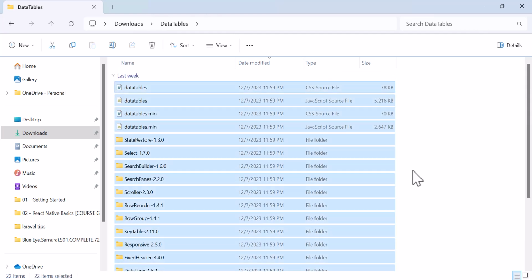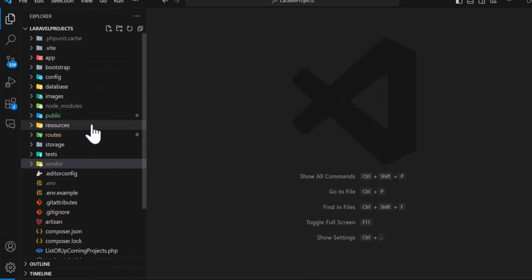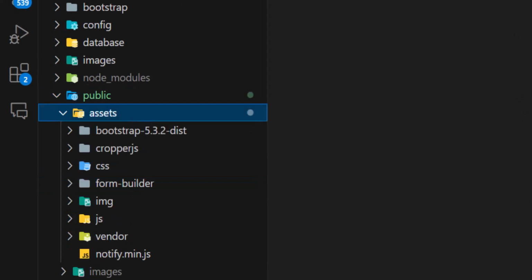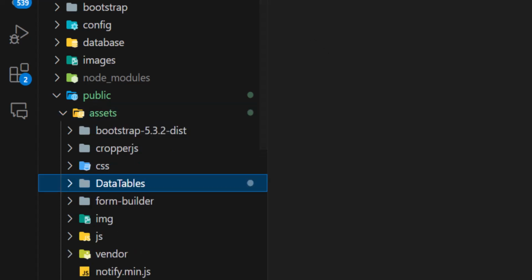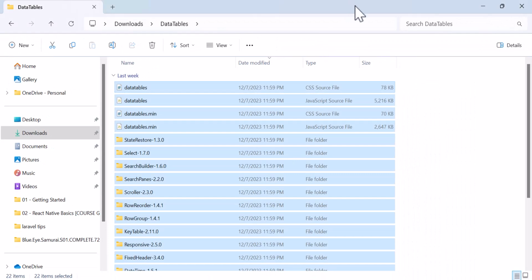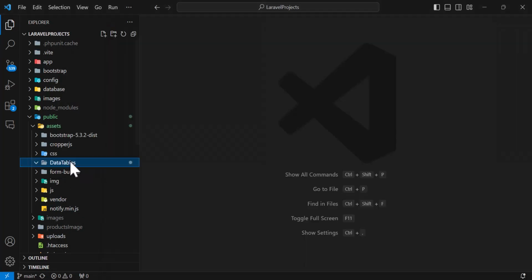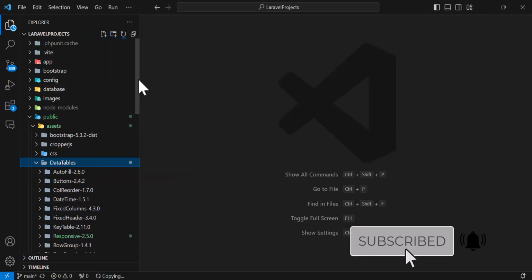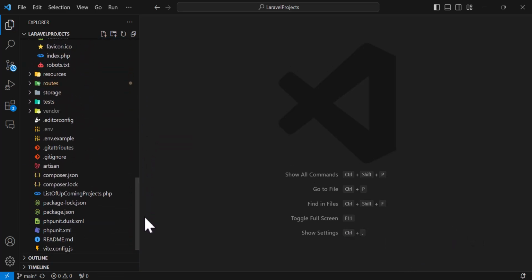So let's add them. Let's open our project, and in our public assets, let's create a new folder with the name of datatables, and add all these libraries inside this folder. So I will drag and drop all of them. Okay, adding. So by the time it's adding, let's go to our web routes,